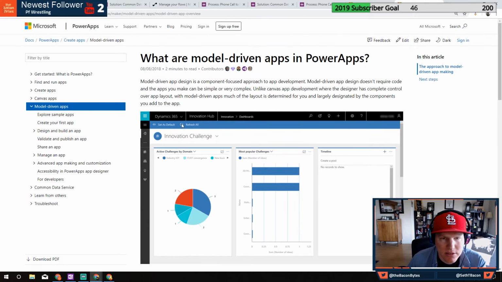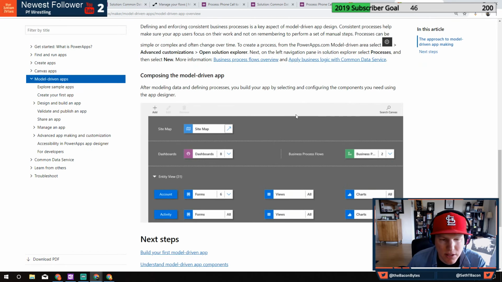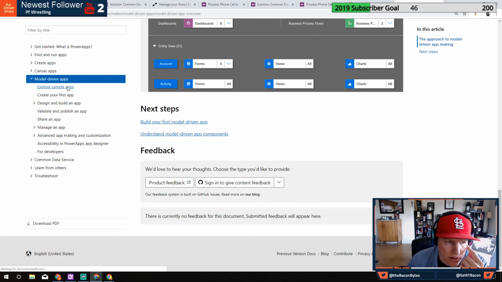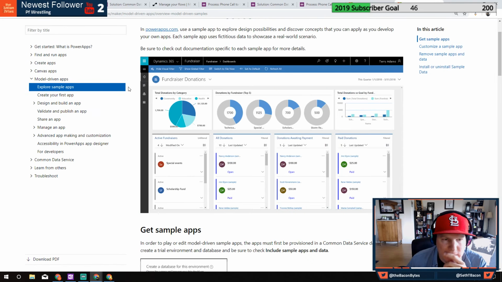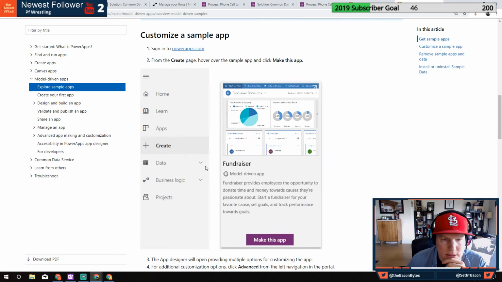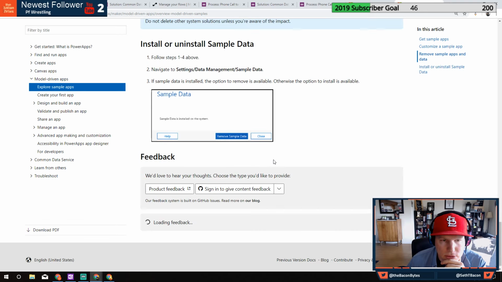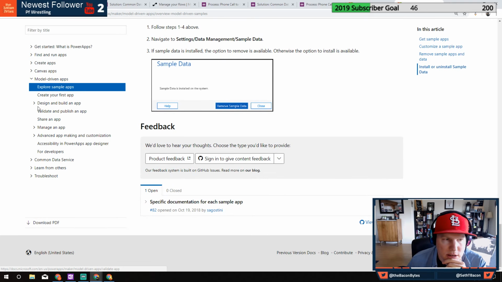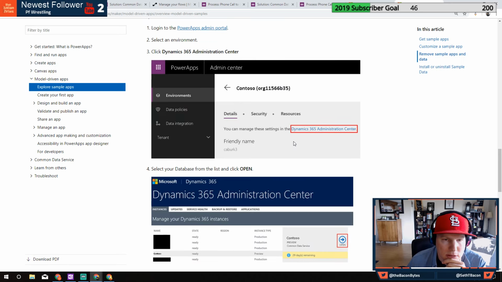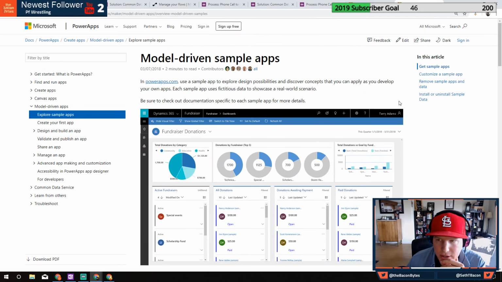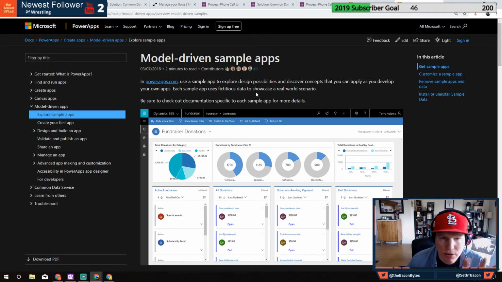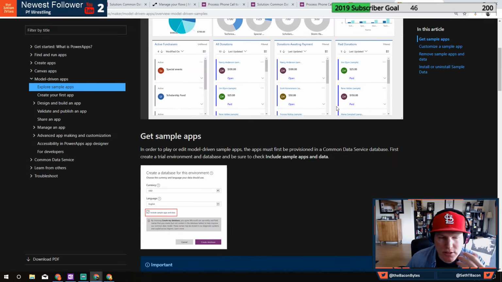That's the unified, that's Dynamics 365, which is kind of misleading because it's not exactly, because that's the unified interface again. What is this? No, it's creating an app. Never mind. That's old news. Create your first app, design and build, validate, publish, manage an app. Okay. Mandar, I appreciate you being on, because if you weren't here, I'd be going crazy, wondering what the heck is going on. Okay. I don't have answers for that. I just have more questions and confusion.